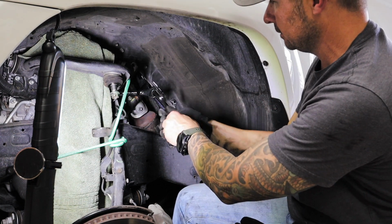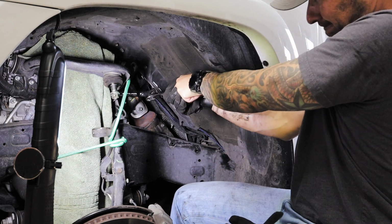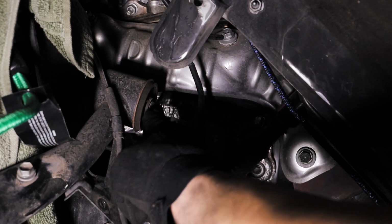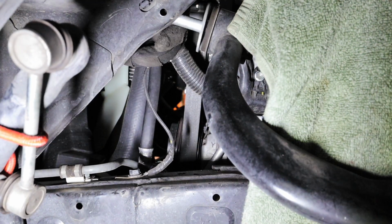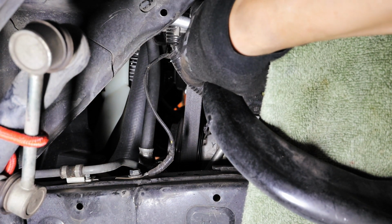Oh, it's got to put down. If you can grab it, can you or no? Huh? Can you grab it or no? Yep. I'm just gonna, hang on, I'm just gonna hold this washer here so it doesn't...